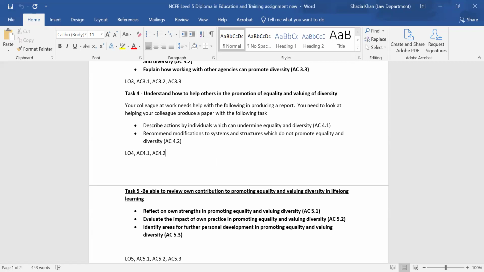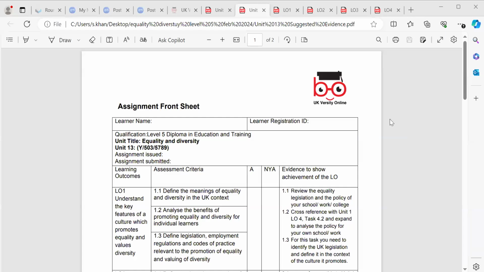I'm just going to show you something else, which might help you a little bit more. Can you see this? It says assignment front sheet. I printed that off from Moodle. This is really good, and I'll tell you why. This is so good because